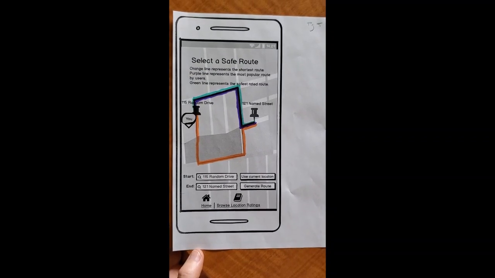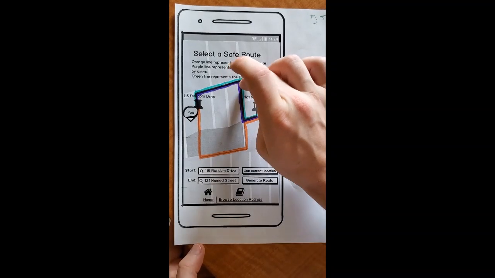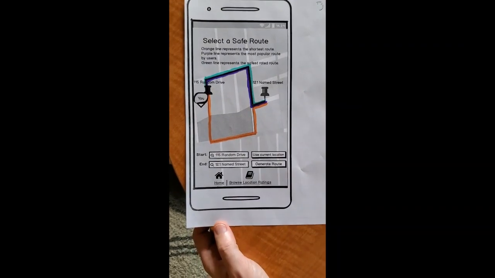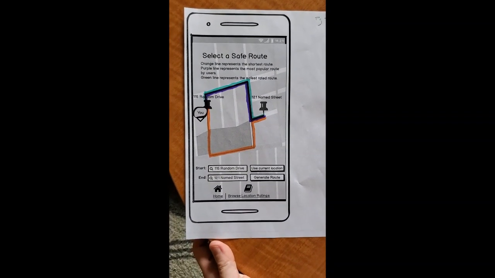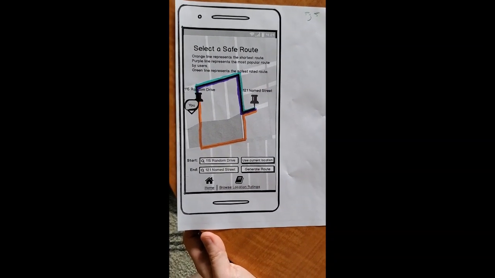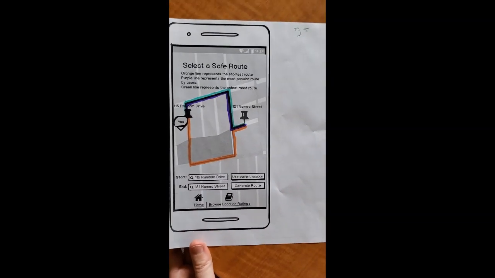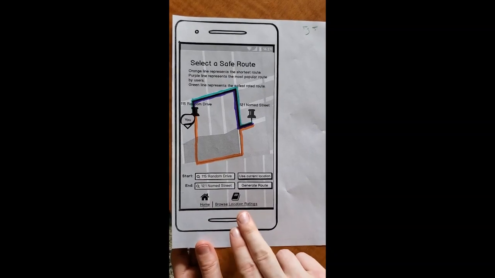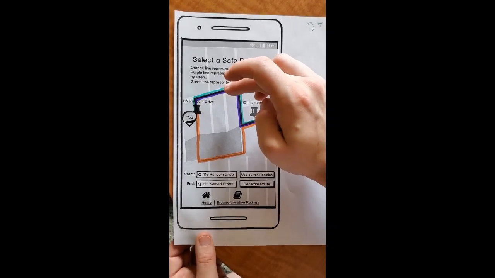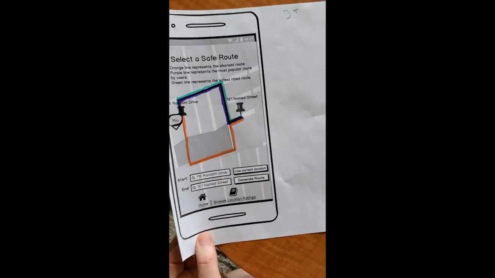has a minimal distance. I am able to select, clicking directly on which of those routes I prefer, and have the ability still to re-enter information in and update it in case my original two addresses were incorrect. At all times during this process, we also have the ability to navigate to the main screen and to one of our other tasks. In this case, if I were to select the safest route, for example, I would be brought to